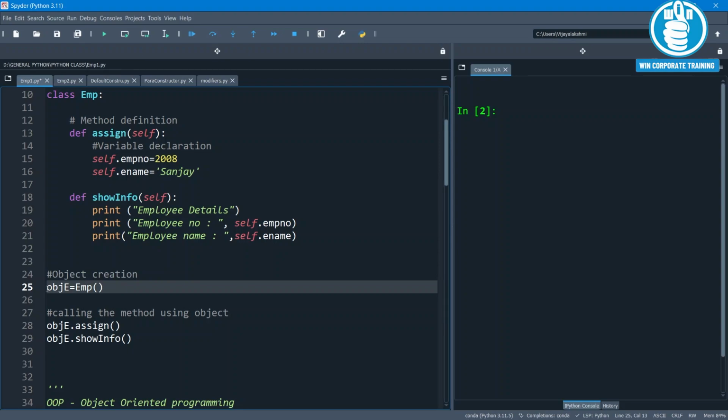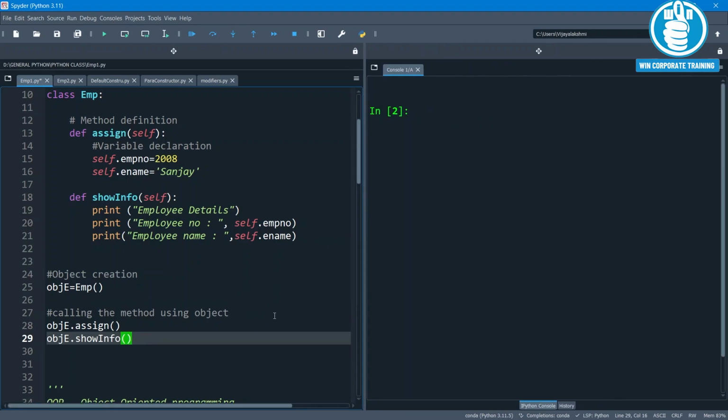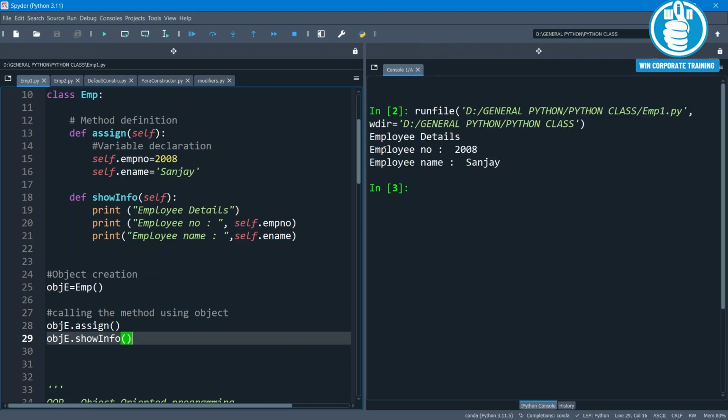After successfully creating the object, using the object, I am calling first the assign method. When the assign method is called, what will happen? The values will be stored in the variables. Then using the same object, I am calling show info method. Show info method will print the values stored in the variables. Now just let me execute and show you. So, output what you will be getting.